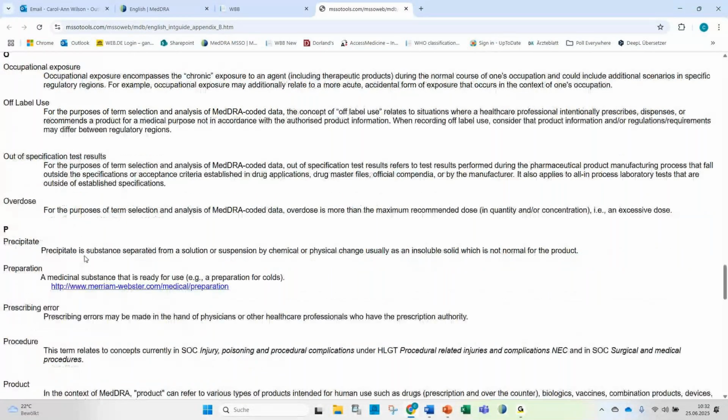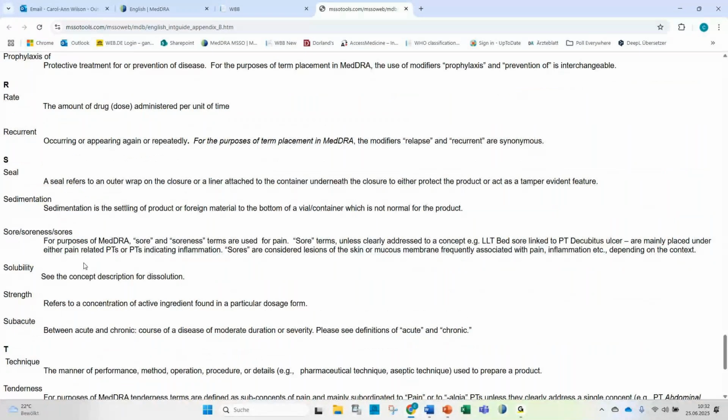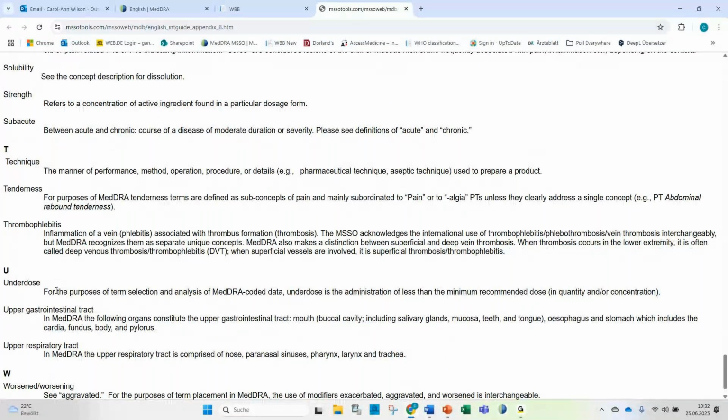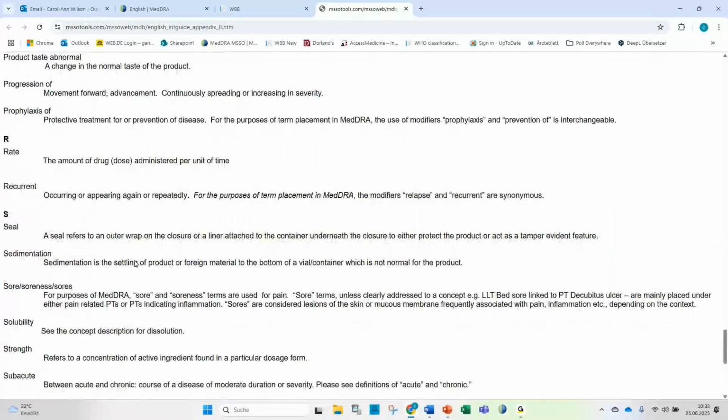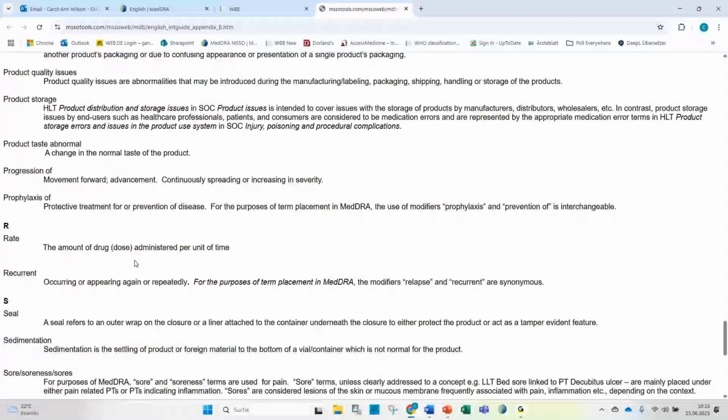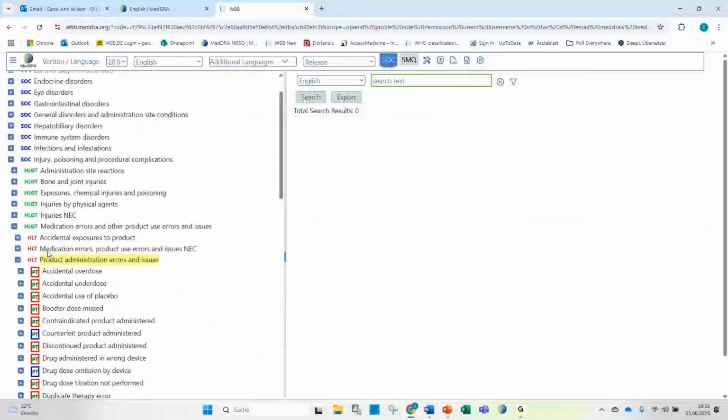And what about underdose? For the purposes of term selection and analysis of MedDRA-coded data, underdose is the administration of less than the minimum recommended dose in quantity and or concentration. So very helpful to really look into these concept descriptions. Okay, this was the medication errors and other product use errors and issues,